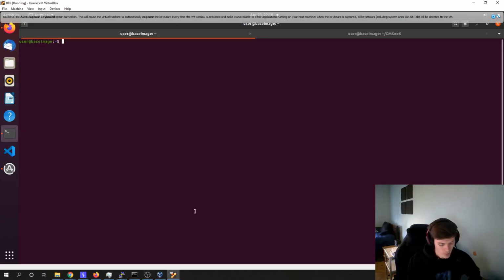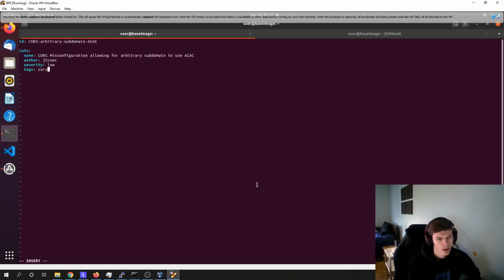Okay, so let's get into creating our first template here. So we'll just call this cors arbitrary subdomain. We'll do access control allow credentials because that's the key .yaml. Okay, so since I'm lazy, I copied and pasted the first part of this file to make this a little quicker. So here we have the name of our template, or the ID, I should say, what it's named. You can also add in, we'll put in a description in here. We'll say checks for arbitrary subdomain